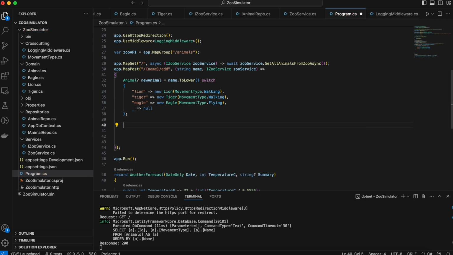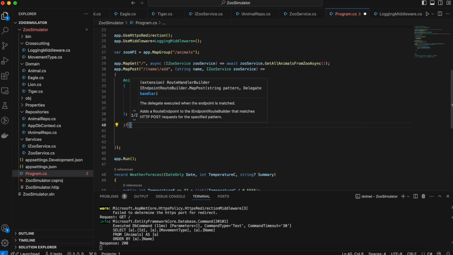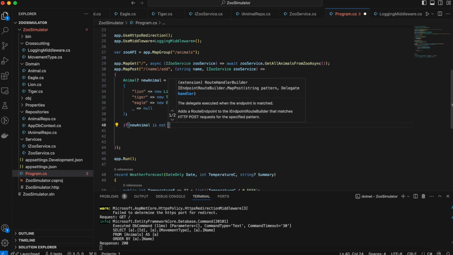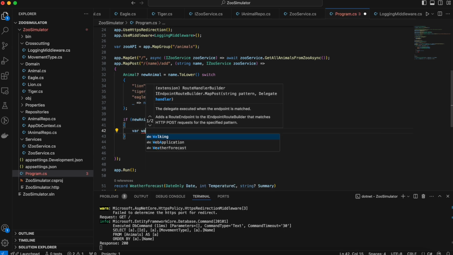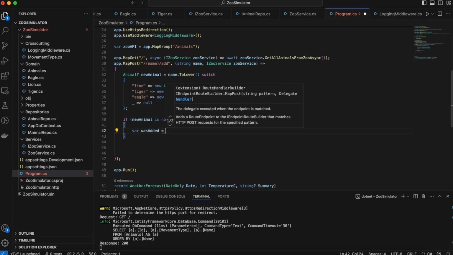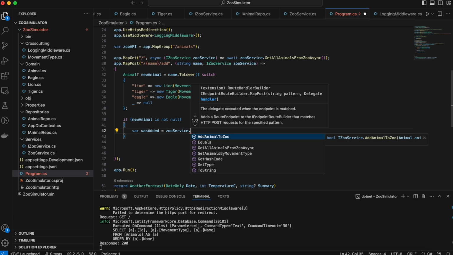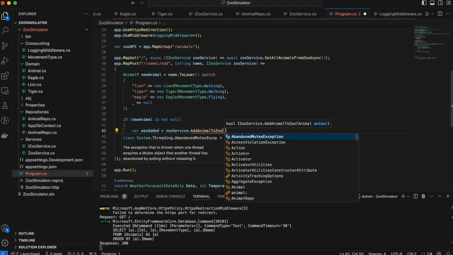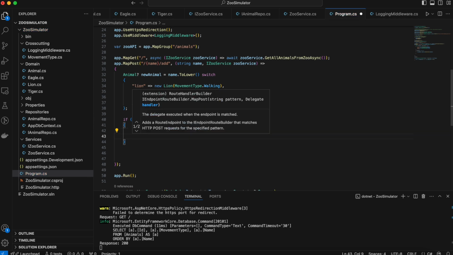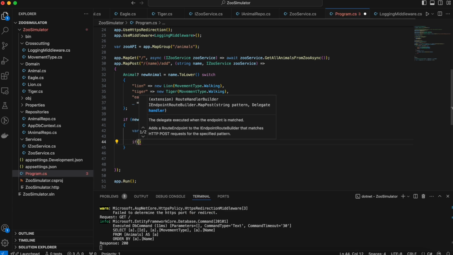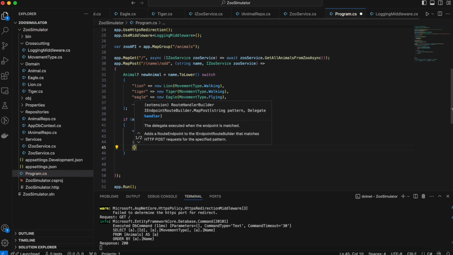Now we want to check if the animal is null. If the animal is null, we won't create, otherwise we will add the animal. So if new animal is not null, then let's check if it was added before. Let's check if it was added and call the zoo service, because the zoo service will do that behind the curtain. Add animal to zoo new animal, then if was added,